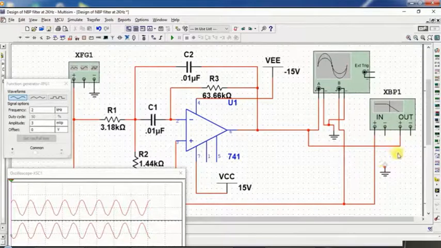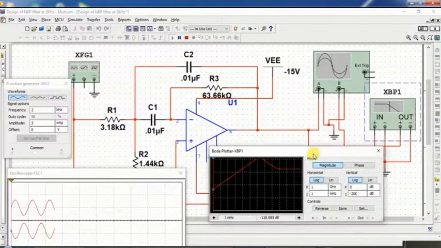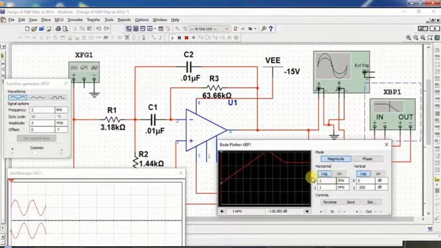So here this is your ground terminal. You can connect it as you can see over here.